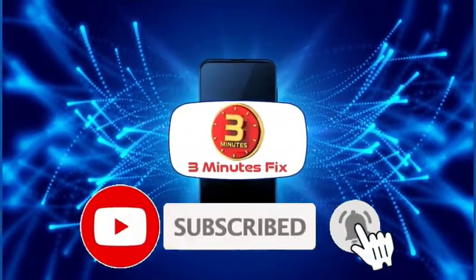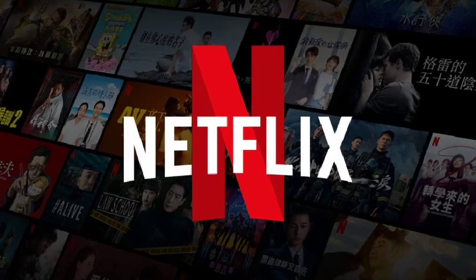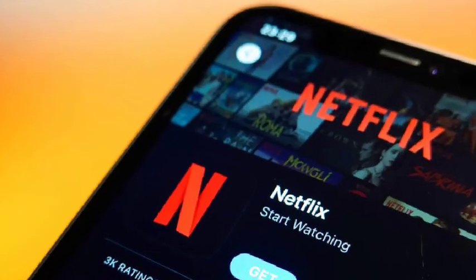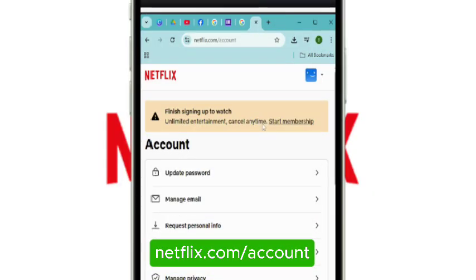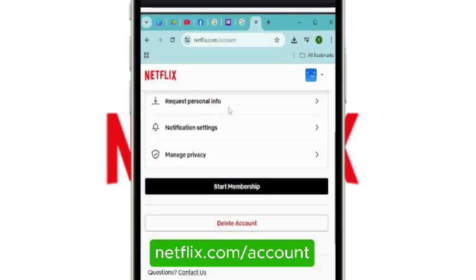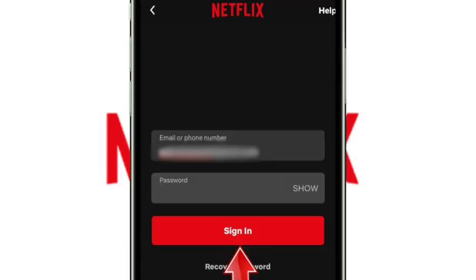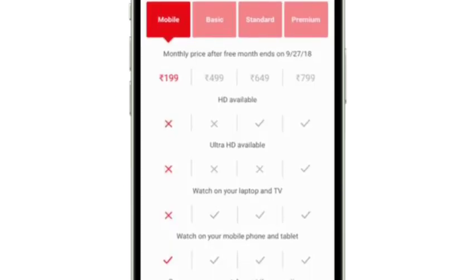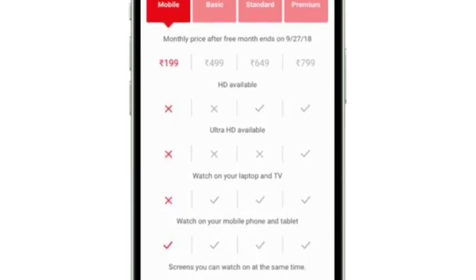Let's get started. Before we begin, note that the option to change your plan only works via a web browser, not the app. So to begin, open a web browser on your phone or computer and go to netflix.com/account. Sign into your account and scroll down to the plan details section to see your current subscription tier and billing rate. Tap on Change Plan to open the comparison menu, where you can view the updated pricing and features for